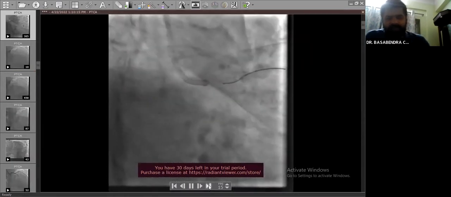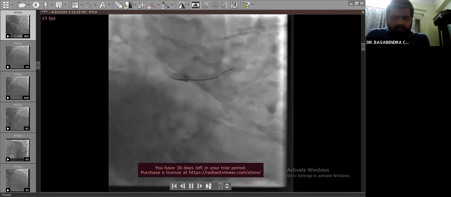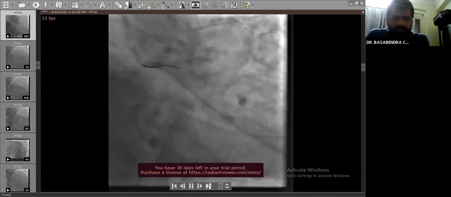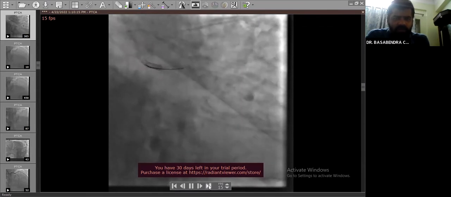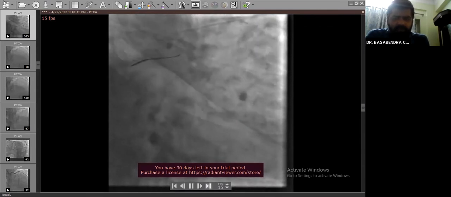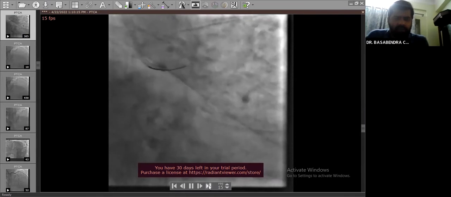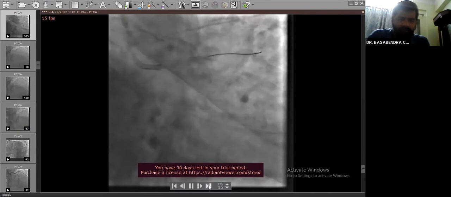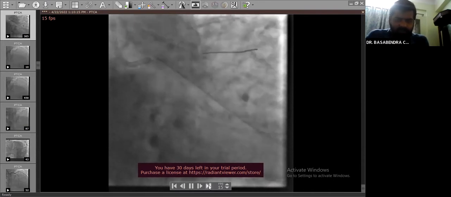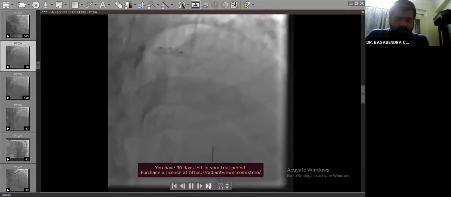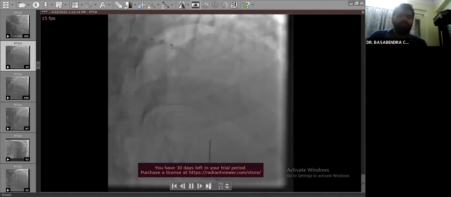Different views were tried. Few attempts were made which were not successful. However, before long, we could cross right across the tip of the catheter, as you can see in this shot. We also confirmed in different views that we had actually crossed through the tip. Then we took a 2x10 semi-compliant balloon,